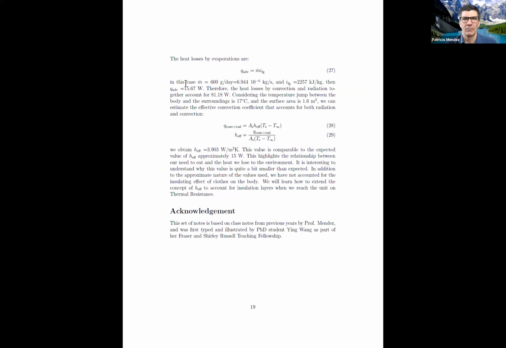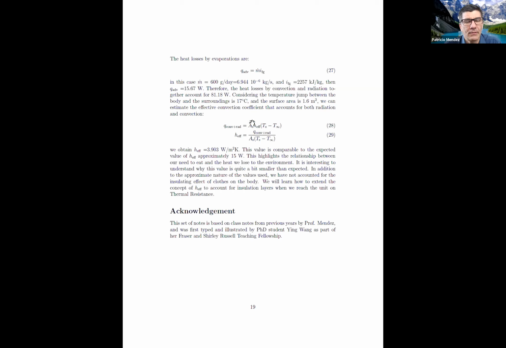The rest would be a combination of radiation and conduction and convection, radiation and convection. And when we have radiation and convection combined, we would use this